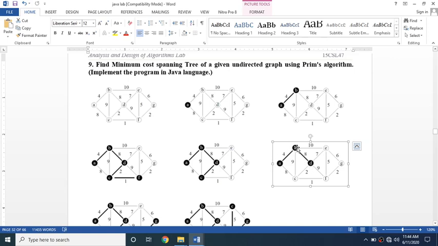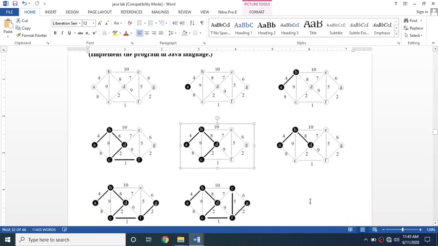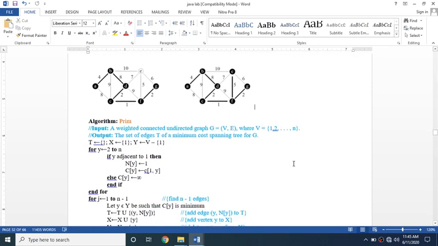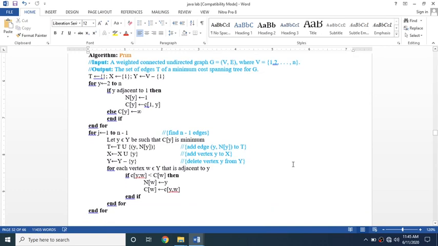That is 10, 7, 9, 8 and 2. Which one is minimum? 2, that is from D to C. That is what they have explored in the next diagram. Likewise it continues, and at the end you will get the minimum spanning tree. I have already explained the algorithm in the video session.